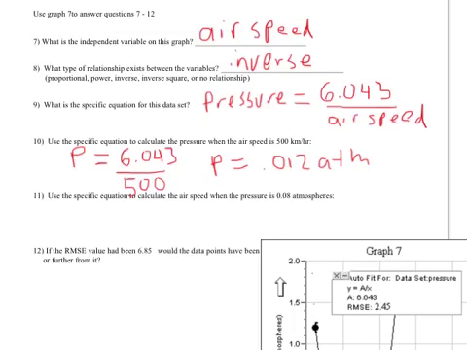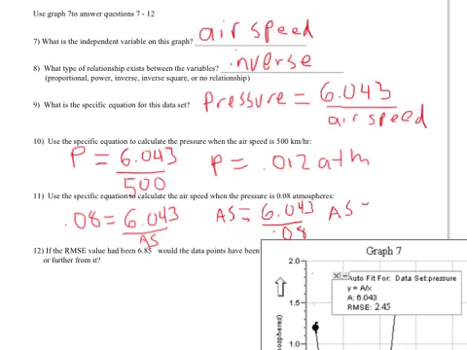Now, let's look at our next one. Our next one says to use the specific equation to calculate the airspeed. So now I'm calculating airspeed, and I'm given the pressure. The pressure I'm given is 0.08 atmospheres, so I'll substitute in. For P, I'll put 0.08 equals, notice A is always the same, it's a constant, it's 6.043 divided by, and let's just call airspeed AS. Now when we're solving for a variable in the denominator like this, we want to swap these two variables to get started. So I'm going to rewrite this equation this way. Airspeed equals 6.043 over 0.08, and therefore airspeed equals